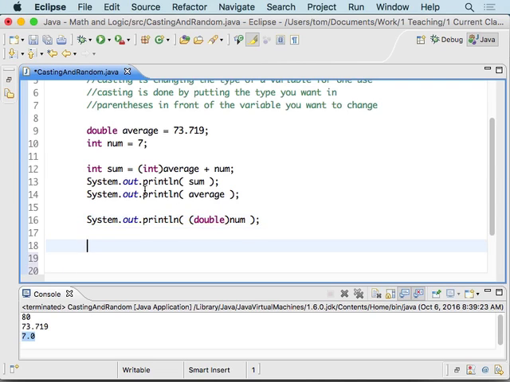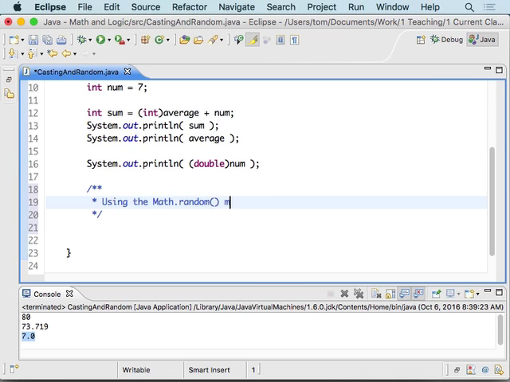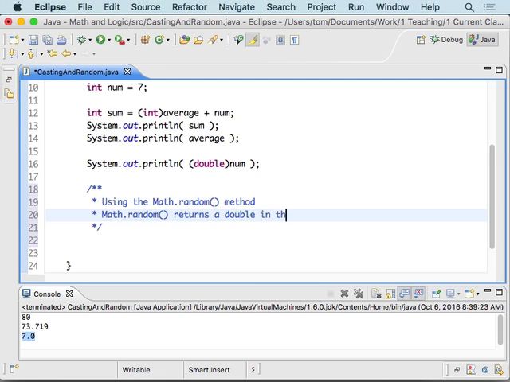All right, let's look at using Math.random. Math.random gives me a number between 0 and 1. It returns a double in the range